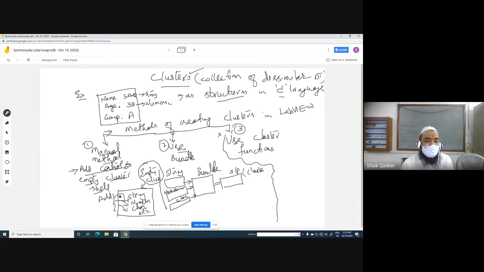I repeat, in the manual method, the procedure is like this: add control to an empty cluster shell. So first take an empty cluster in the front panel. Then the second step is add controls. First control, string control. Second control, numeric control. Third control, char control. So it is clear?